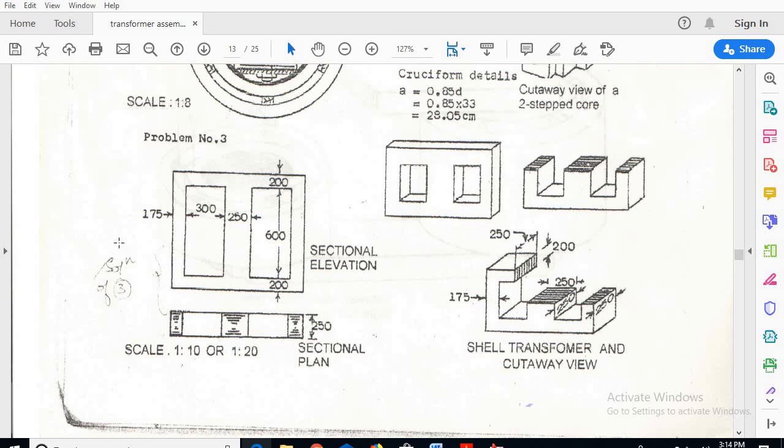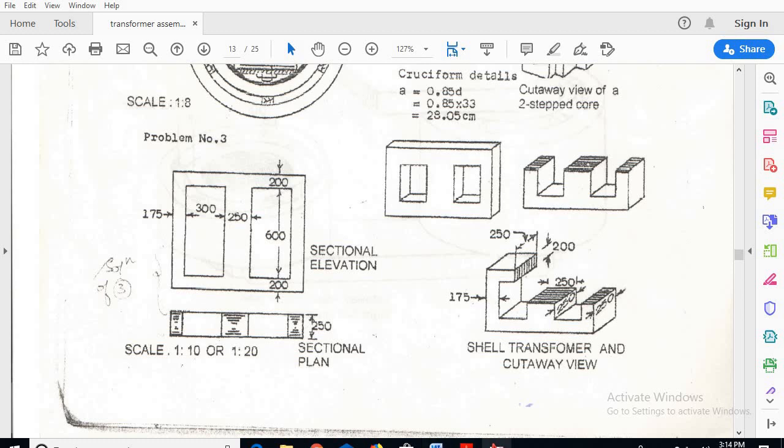Overall length will be equal to outer leg 175 plus 300 plus 250 plus again width of the window 300 plus again outer leg 175. So that comes overall as 1200. So length will be 1200 mm. Height will be 200 plus 600 plus 200, so that is 1000 mm, the height of the transformer.